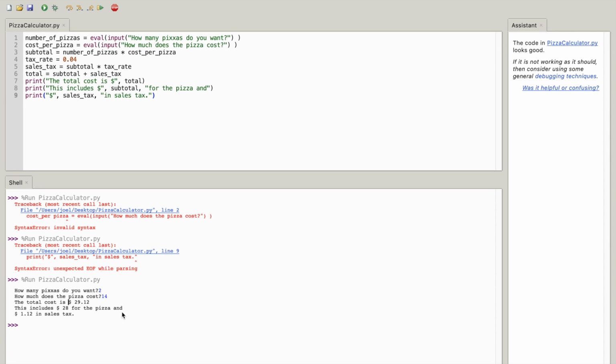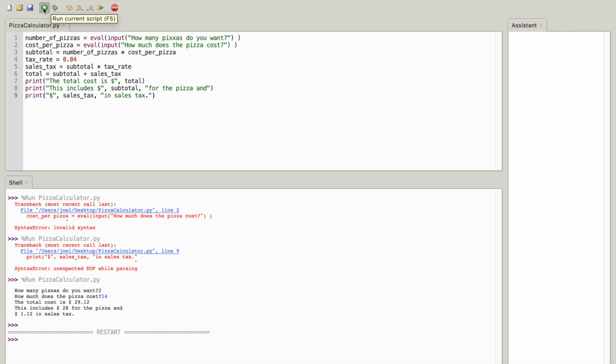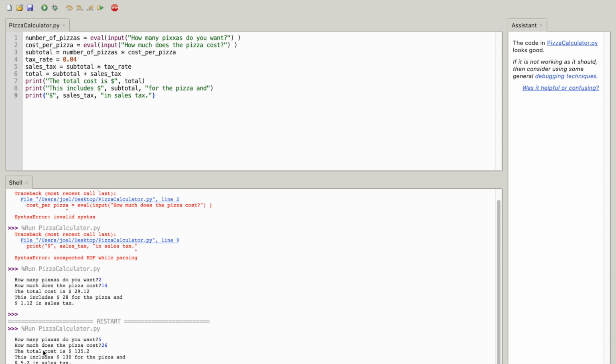So let's see what it's going to be if I stop the program, restart it, and ask for 5 pizzas for a party. I'm going to enter that in. That's going to be around $26. This is not for sure though, so I may be wrong. I'm not looking at a menu or something, this is just off the top of my head, so let's just enter it in. Oh wow,